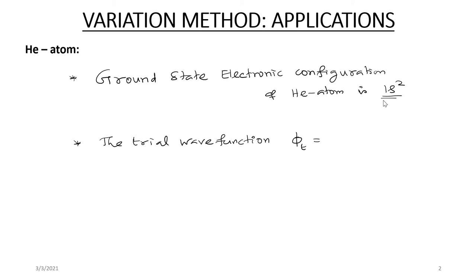Now how do we write the wave function for the ground state electronic configuration of helium atom? For this case we can use the idea of orbital approximation. What is orbital approximation? According to orbital approximation,